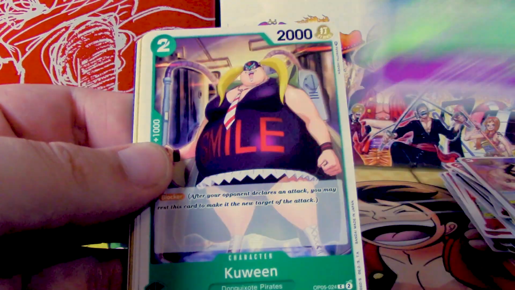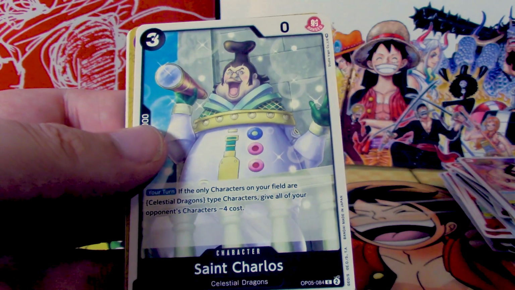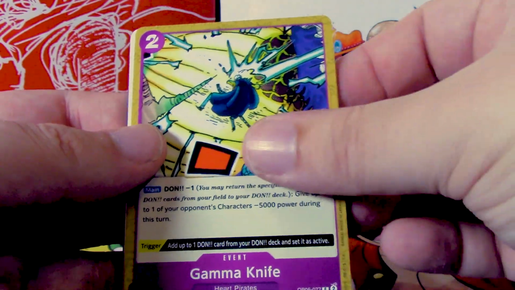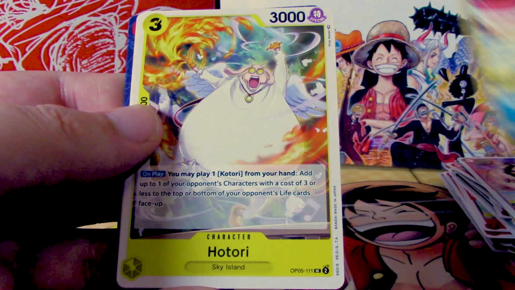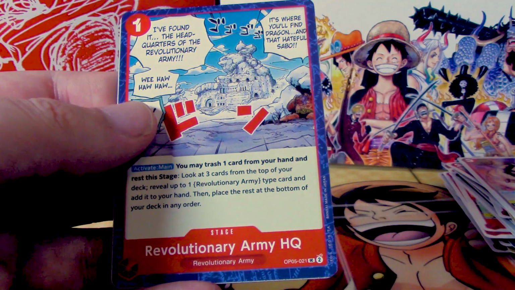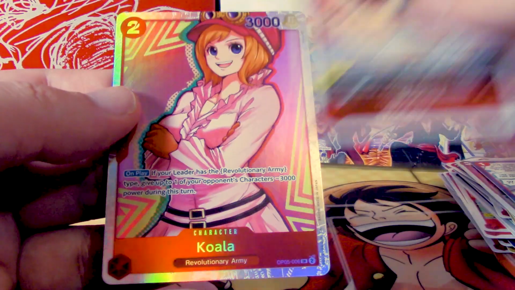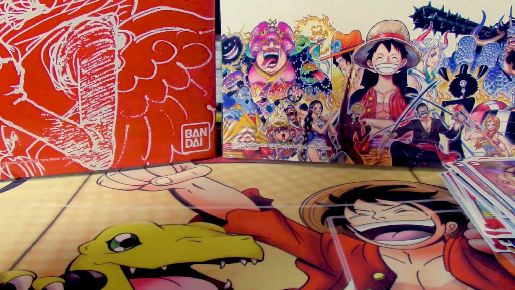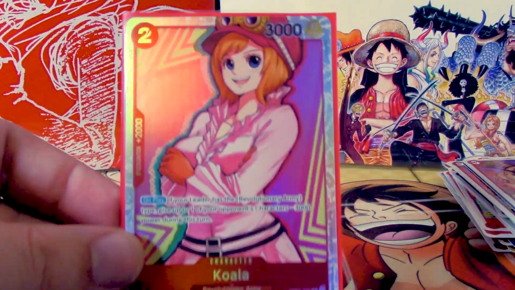Then we got Honkichi, Queen, John Giant, St. Charlos, Gamma Knife, Doldo III, Human Life, Hotori again, Usohachi, Revolutionary Army HQ, and for our rares, another Morley. Oh, and another Koala. Well, I will spare you the statements on what Koala does, but this is the regular